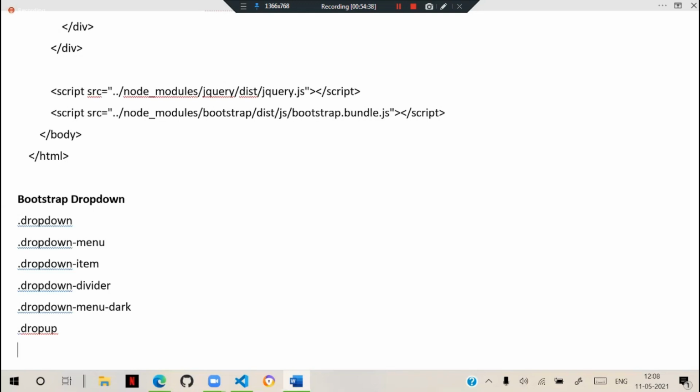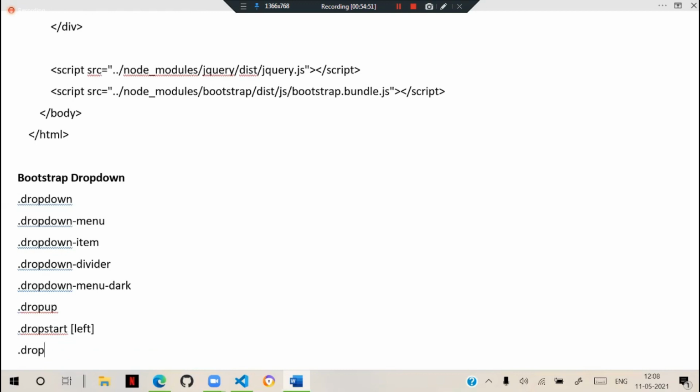Recently they changed the option drop left to drop start, which is for left, and similarly for drop right they introduced drop end, which is for right.